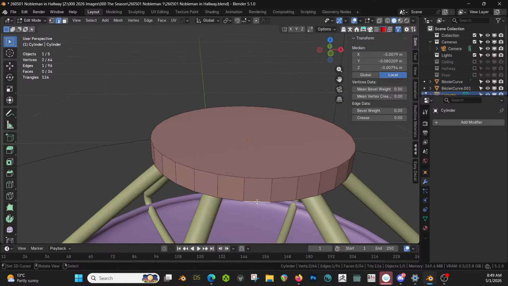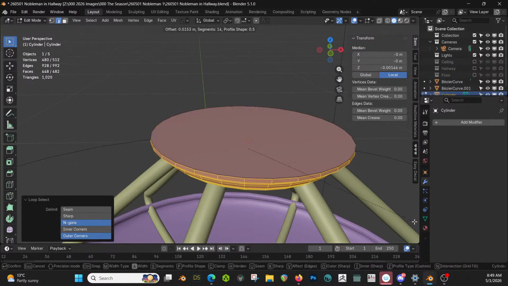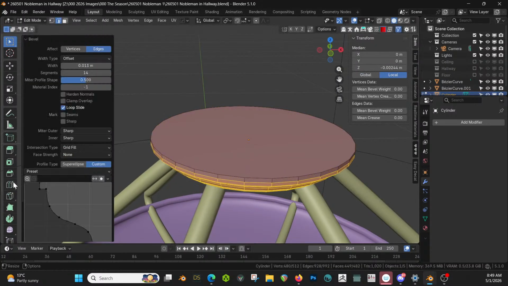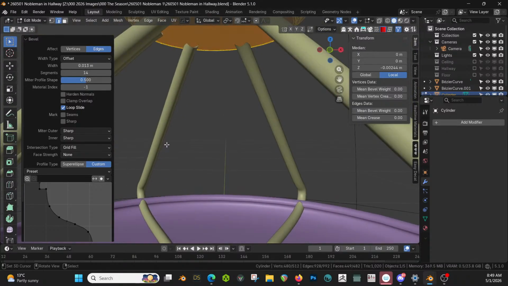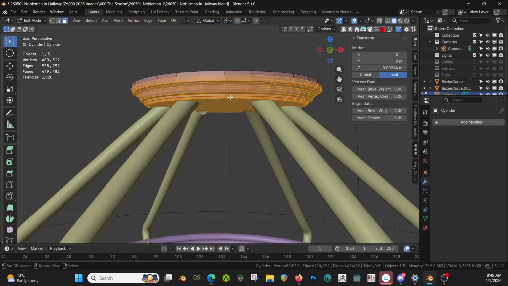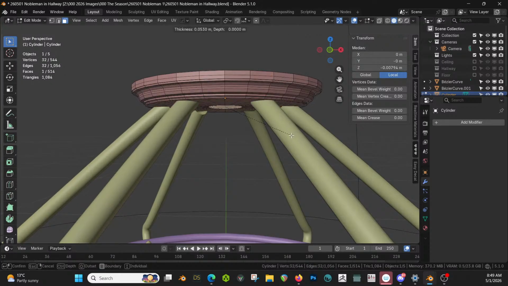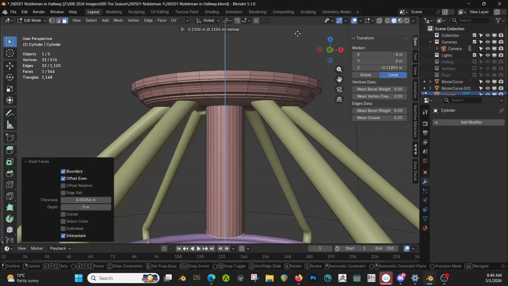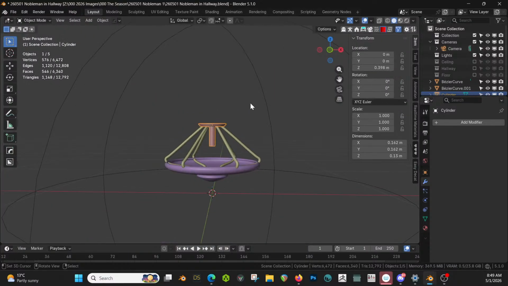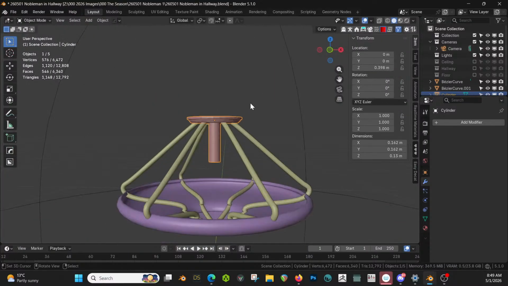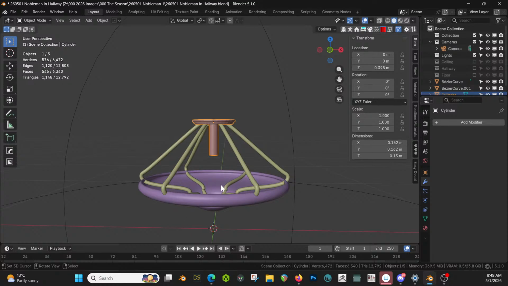Total overkill here. Oh, let's bevel it. Give it something fun like that. Cool. Inset. E. Great. Now,